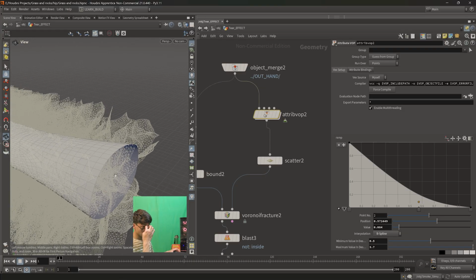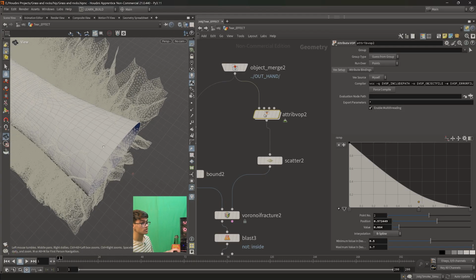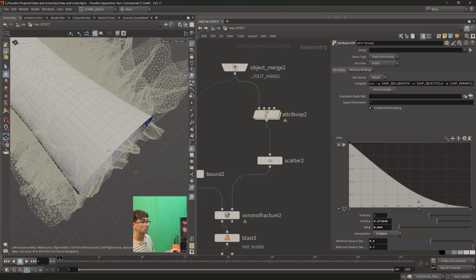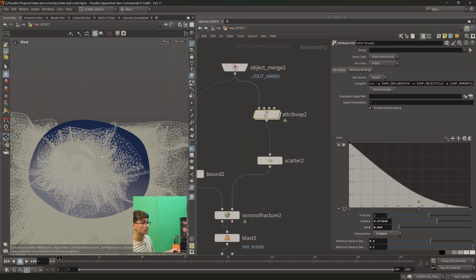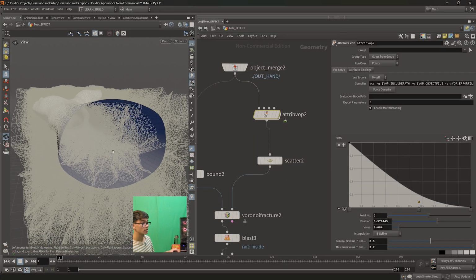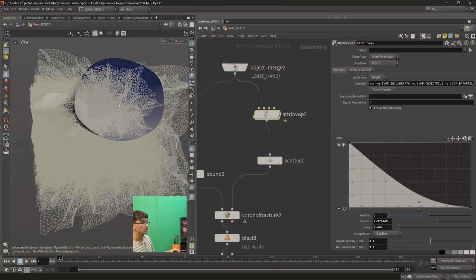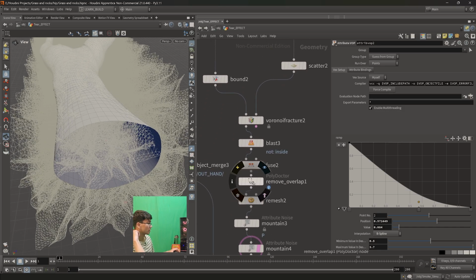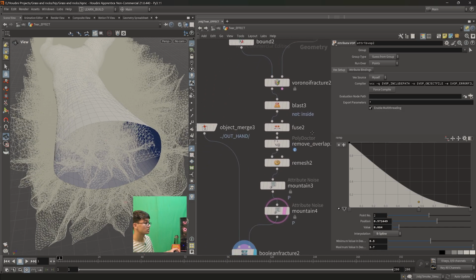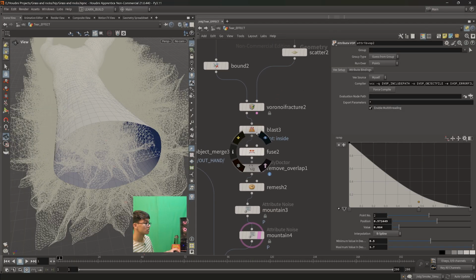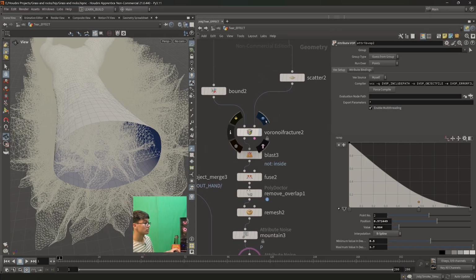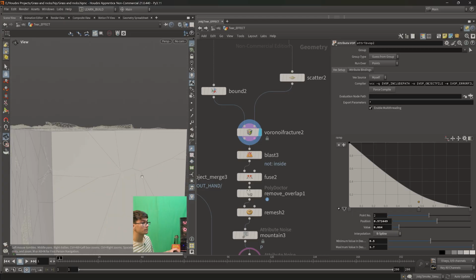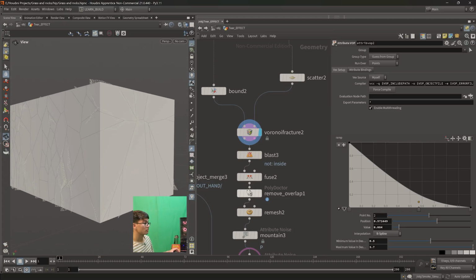And you see why this piece is not breaking, because our cutters are not going through. It is not going through this piece. So what we can do right now is go into our, let's say, Voronoi, and we can,